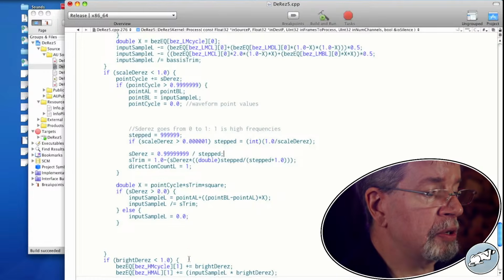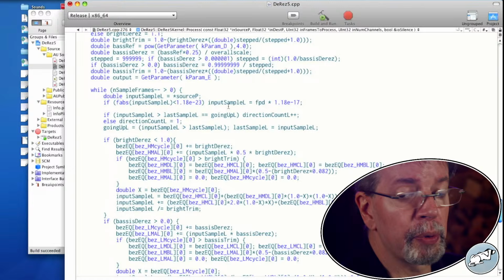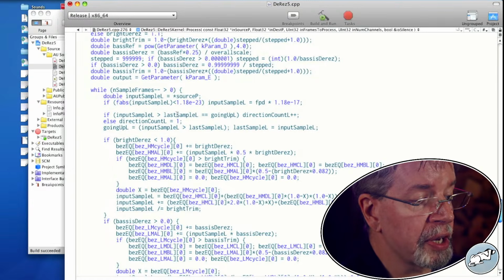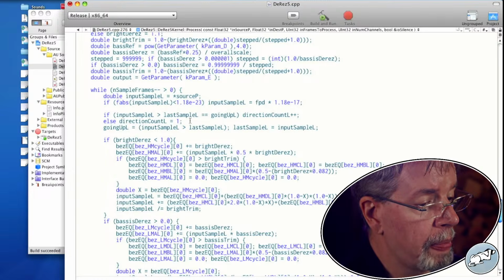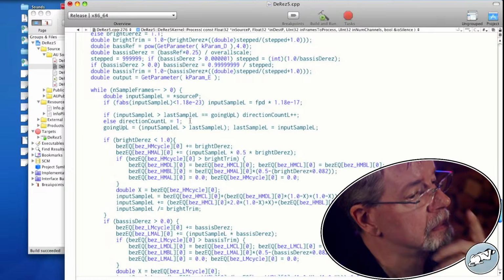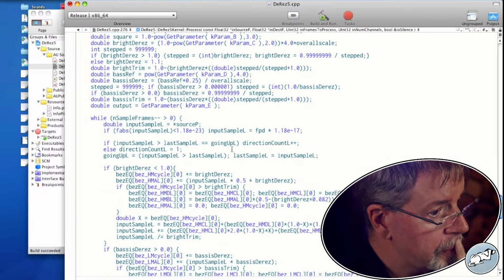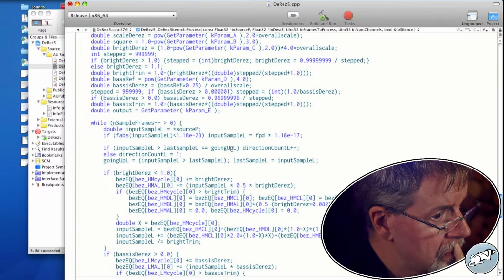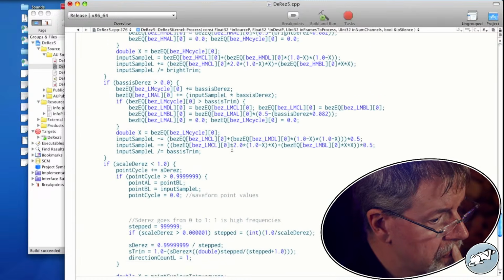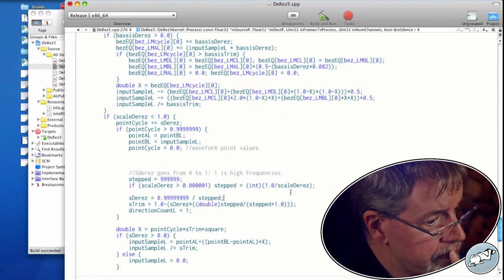A very large number is also what we get when direction count is able to go in one direction for a really long period of time, and it gets overridden very quickly when it is not. And of course we have scale dres in here to further manipulate what's happening. Let's try the very basicest of basicest.